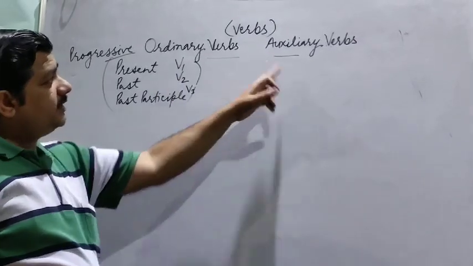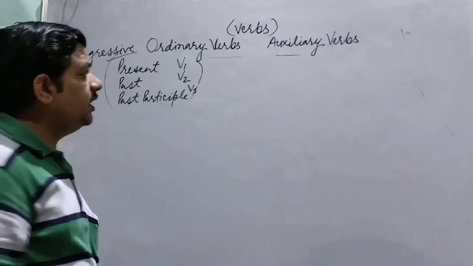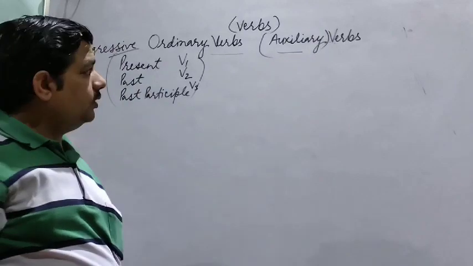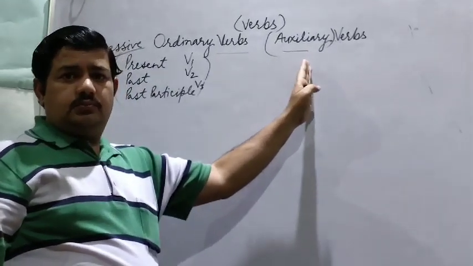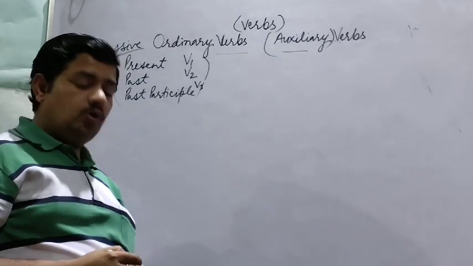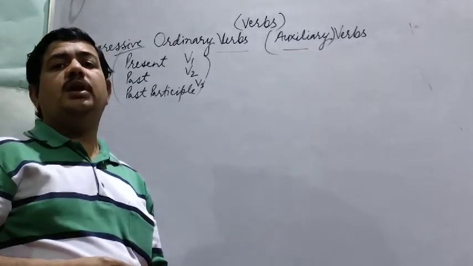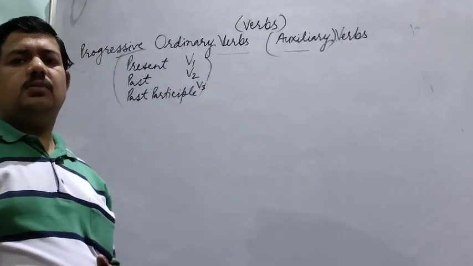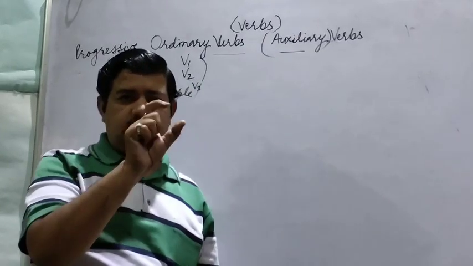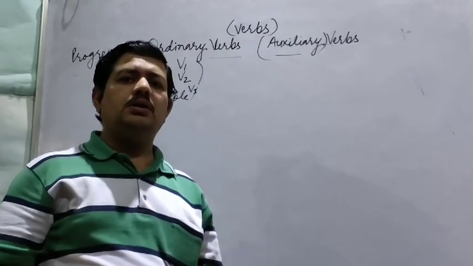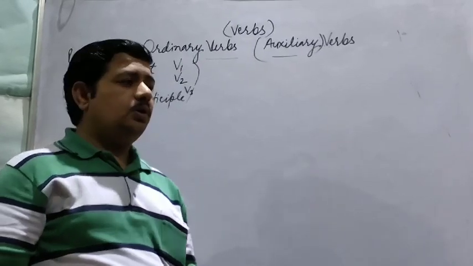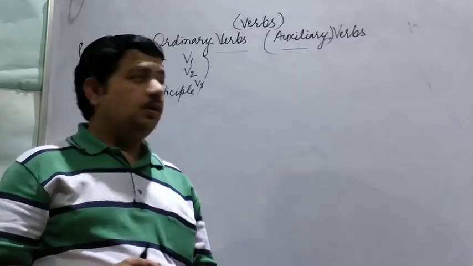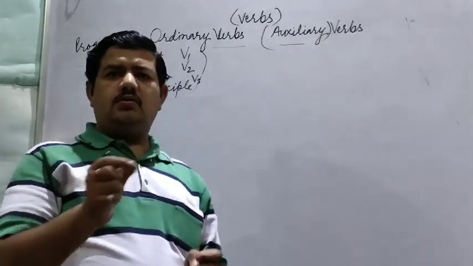Okay, the next is very important. This is auxiliary verb. Auxiliary means helping, popularly known as helping verbs. So helping verbs means the verbs that normally come before the main verb. Any sentence like he is coming to me. The verb here is coming, main verb, and the other word is helping verb. So the helping verb term is quite familiar with the children. But that auxiliary verb is quite different.